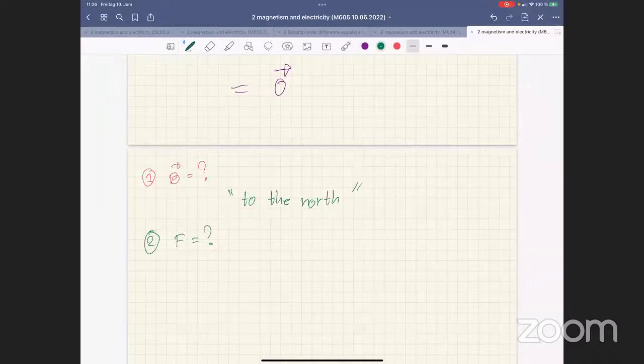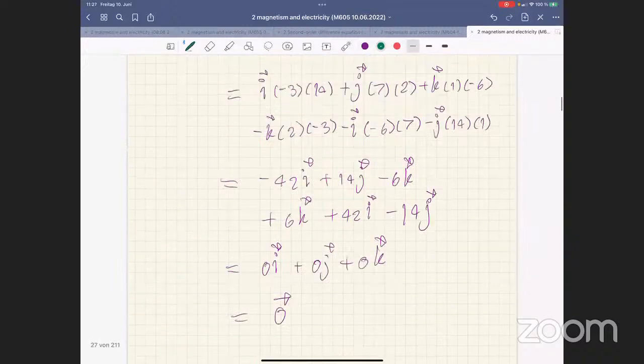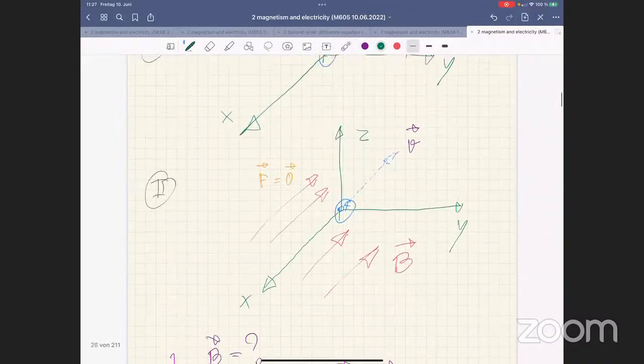Okay, F, what is the F direction in this, oh no, what is the magnitude of